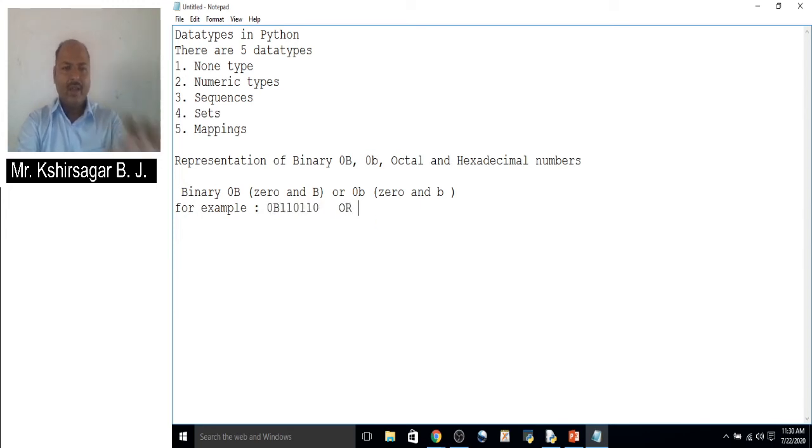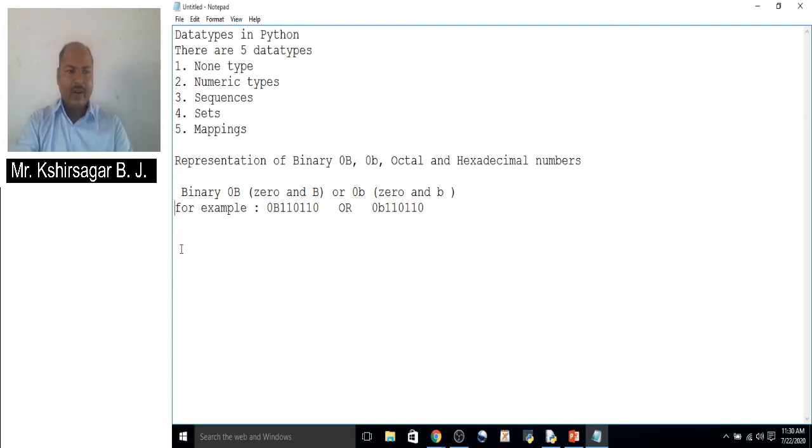Or you can write the same number as 0 small b 110. So if you want to write a binary number 110 in Python, it should be prefixed by 0 small b or 0 capital B. So this is the way of representing a binary number.